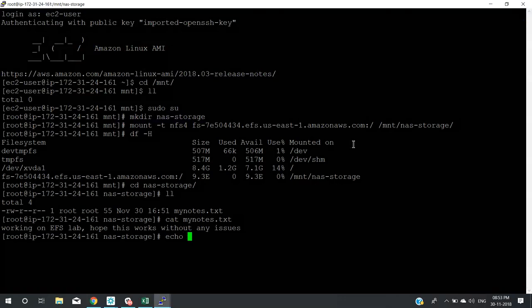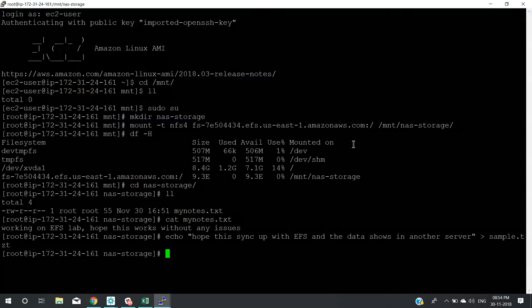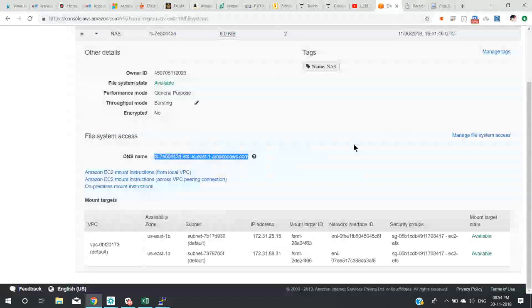Here also I'm going to write echo. "Hope this syncs up with EFS and the data shows in another," something like this. So what I've done is I've written this content in my second server. Now this content should show up in my first server,